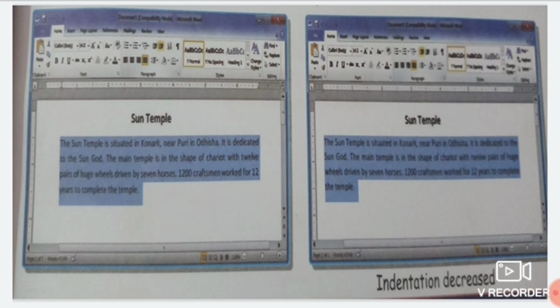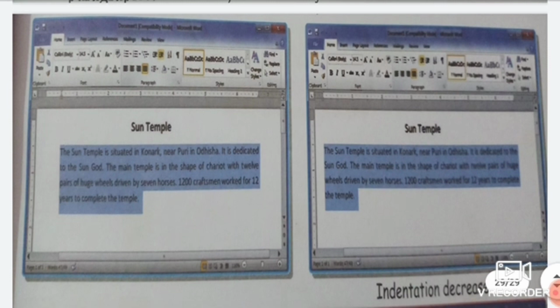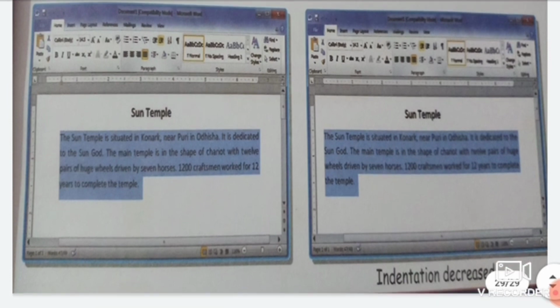In the ruler bar, you will get the option as a pointer. You just shift it to the left side, so the margin will be less from the left side. You can see in the picture also, after the indentation decrease, it's showing in this way. If you want to increase it, you shift it to the right side, then it will increase.